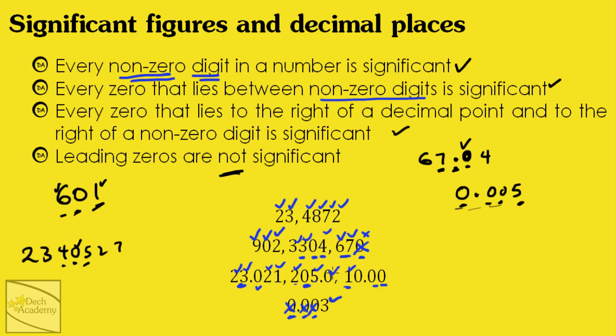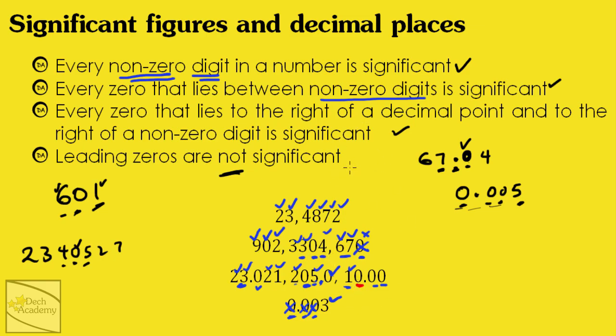So this 0 is significant because it lies to the right of a decimal point and also to the right of non-zero digits. So it's to the right of this decimal point and it's to the right of 5, which is a non-zero digit. So 0 here is significant. And this 0 here